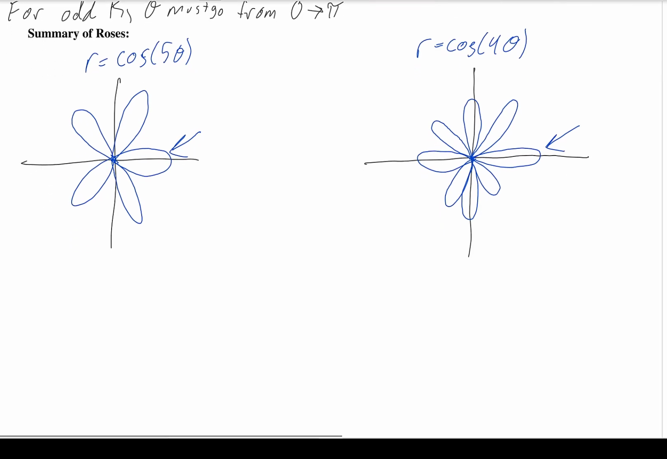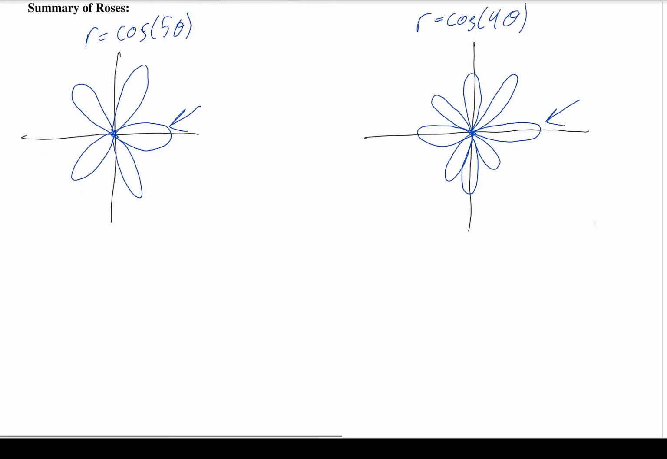Now let's look at, so let me make sure I got that right. 2, 4, 6, 8. Yep, I got 8. They're just really weirdly shaped. They're also all supposed to be the same size, right? So